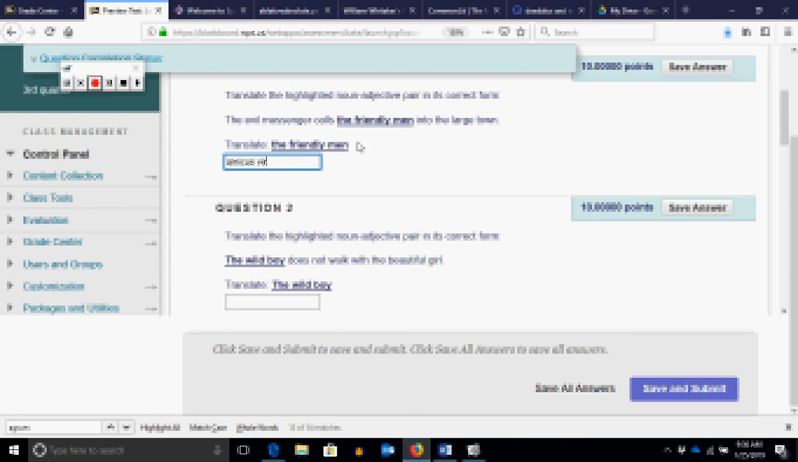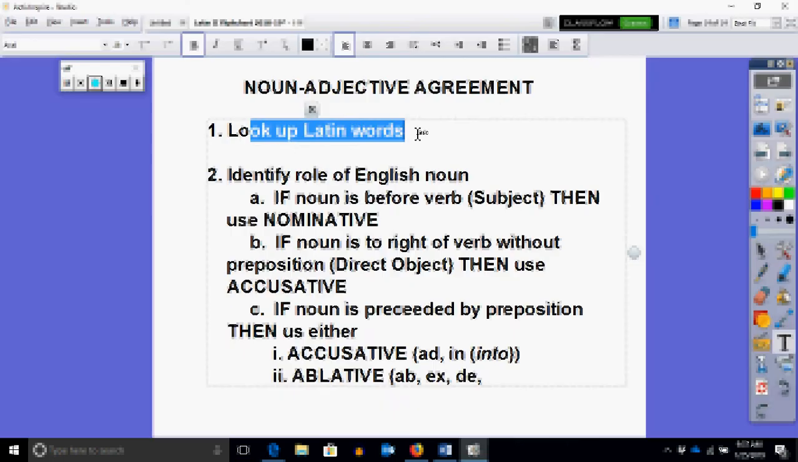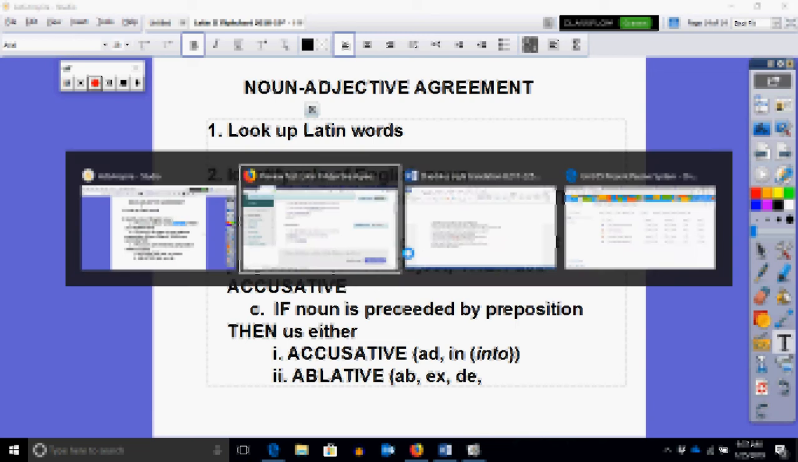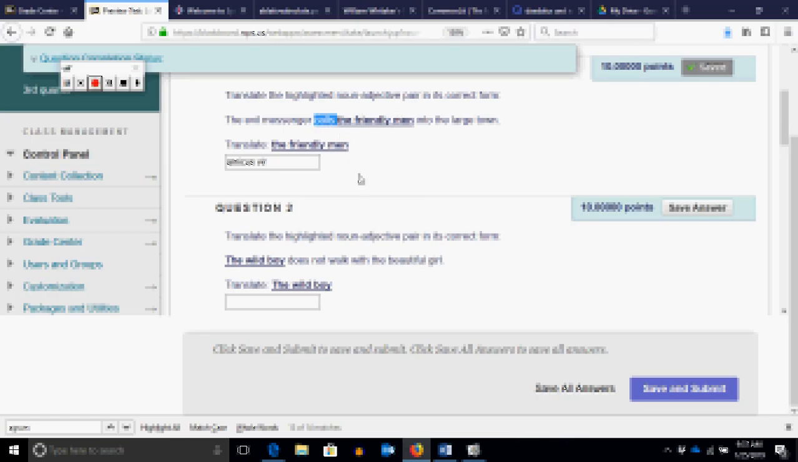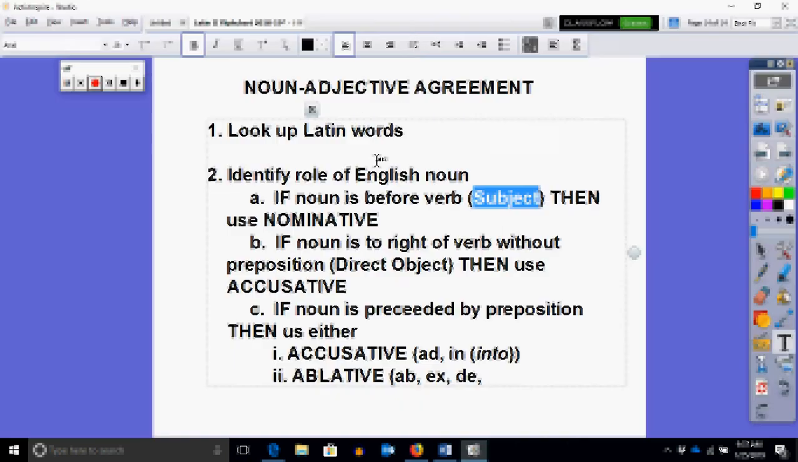So I have to do a few things. One, I have to identify what this noun is doing in the sentence, right? Then I have to identify the gender of that noun, and then I have to put it in the right case, okay? Now, identifying its role in the sentence is going to help me identify the case. So what is the role? If the noun is before the verb, right, then it's the subject of that verb, and we'd use the nominative case. I'm looking at it, calls is my verb, I'm to the right of that verb,